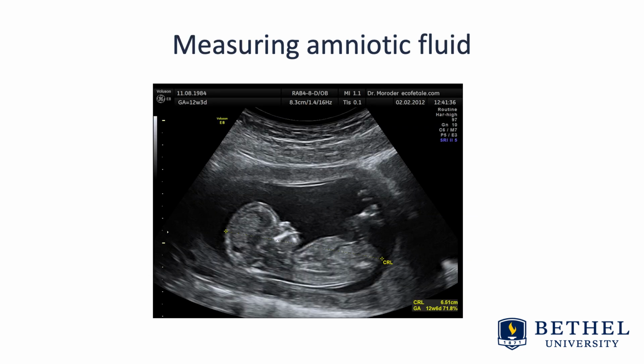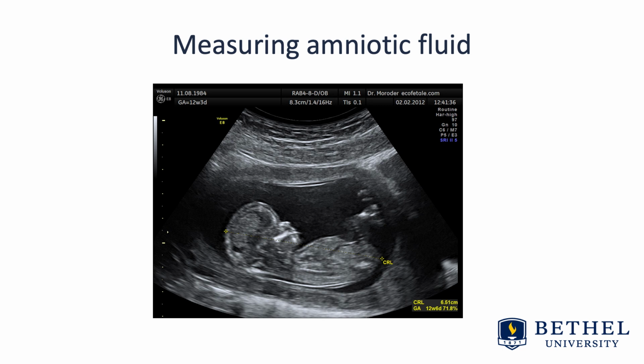So for measuring amniotic fluid, there's basically two different ways to do it. With a biophysical profile, or BPP, one of the factors that they're analyzing there is the amniotic fluid, and they do a deepest pocket for that. So for example, in the picture I have here, they would look for the largest area that they can that has amniotic fluid in it, and then they would measure a perfect vertical line from the top of that dark amniotic fluid area to the bottom,